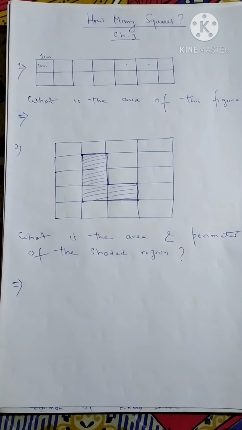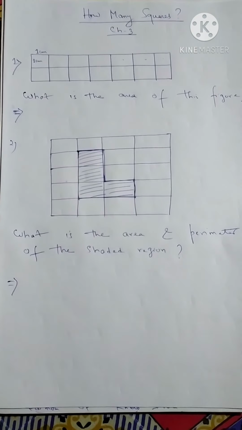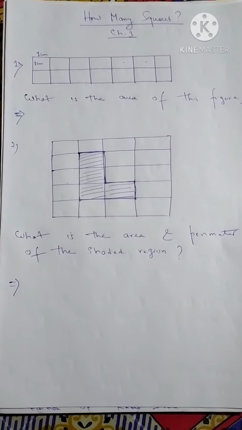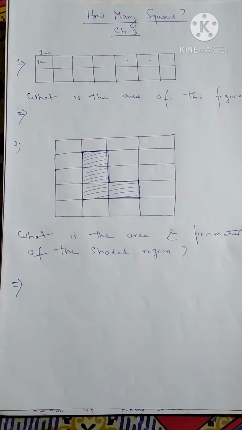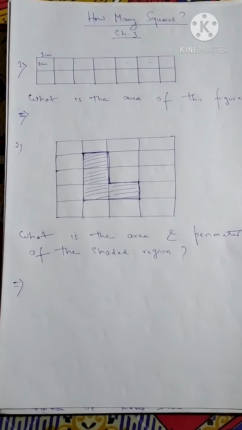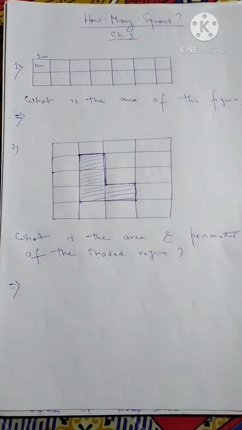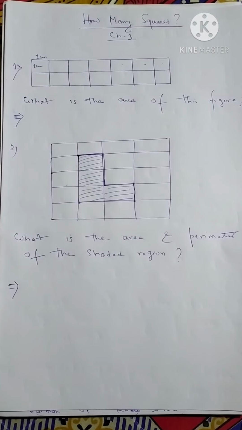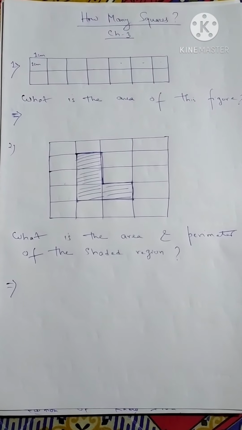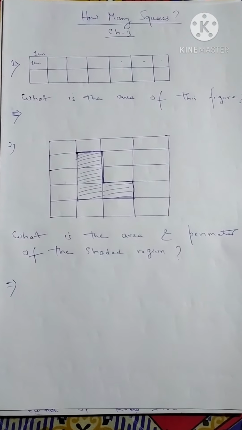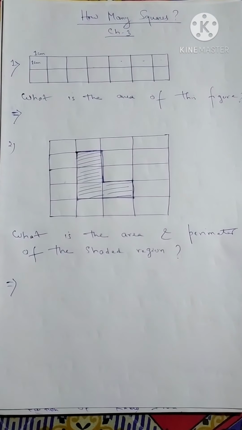Earlier, you have done the area of a square, side into side, perimeter of square, 4 into side, then area of rectangle, length into breadth, perimeter of rectangle, 2 into (L plus B). That means using the formula. And all those figures are known. That means you know the shape of those figures. Square, you know all 4 sides are equal. In rectangle, the opposite sides are equal.